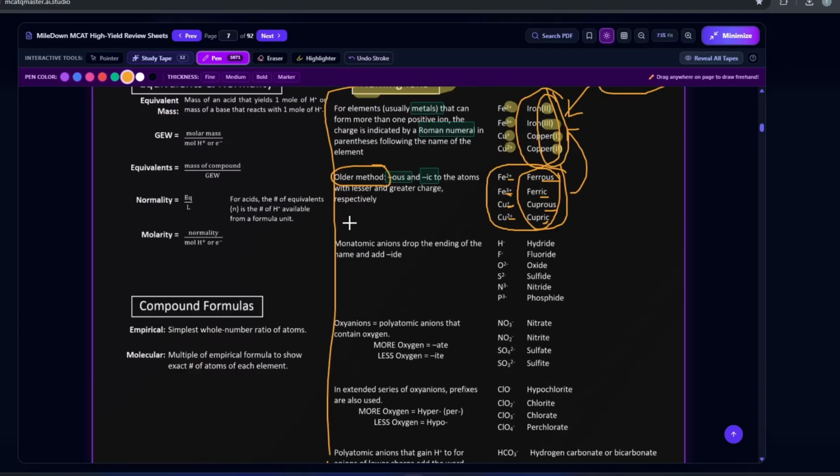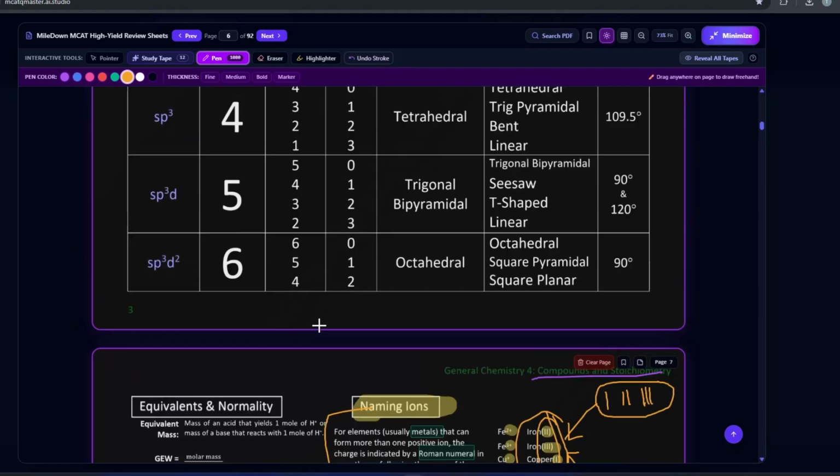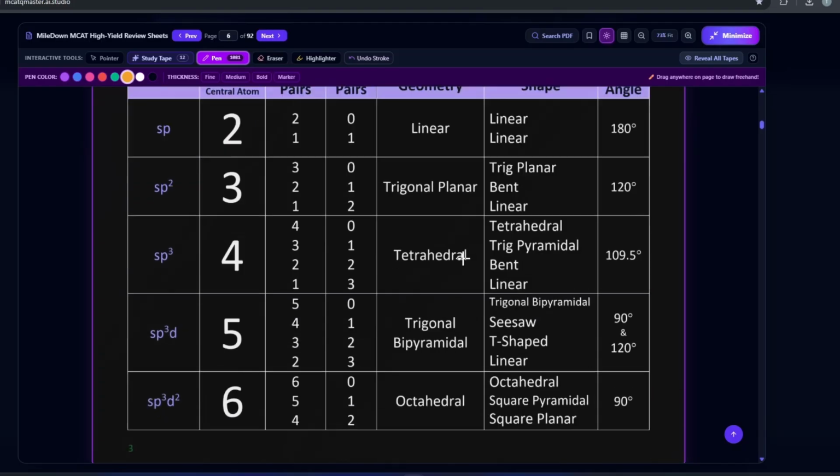So monoatomic anions drop the ending of the name and add "ide." So hydride: this is hydrogen, and they added "ide" instead of saying the full hydrogen. This is the suffix they're adding to all of these because these are monoatomic anions. Notice they are all negatively charged. You should already know, from chapter 2, reviewing what anions and cations are, that anions are